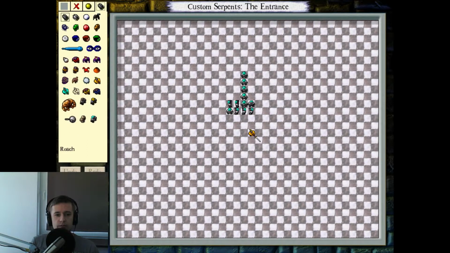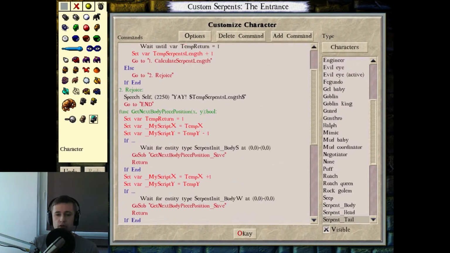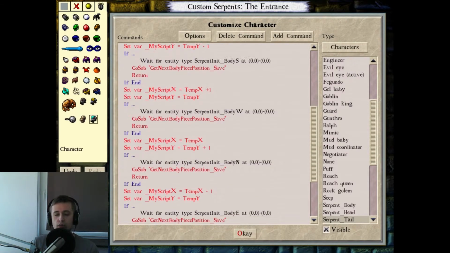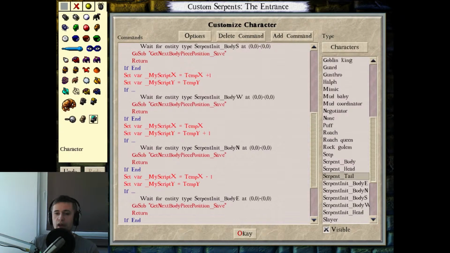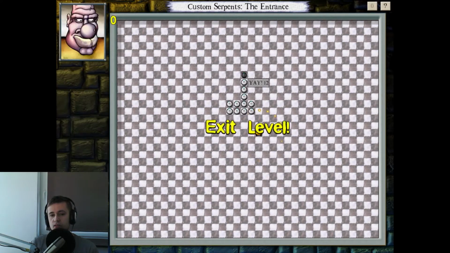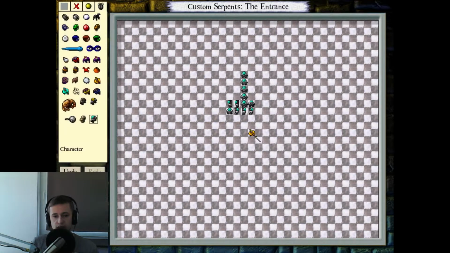So in the previous episode I have managed to create a script which goes through the whole body of the Serpent initializers, and counts the number of segments. As you can see, this specific Serpent is counted to be 12 tiles, which is 1, 2, 3, 4, 5, 6, 7, 8, 9, 10, 11, 12. It is correct. So the next thing we need to do